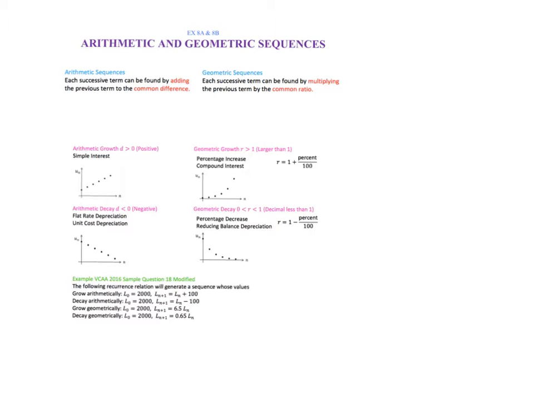Okay, so today we're going to start talking about arithmetic and geometric sequences. So we saw before, a sequence is when you get a pattern of numbers and there's a rule to it. So what we're going to see is what we call arithmetic and geometric sequences. An arithmetic sequence, an example of that would be if you have